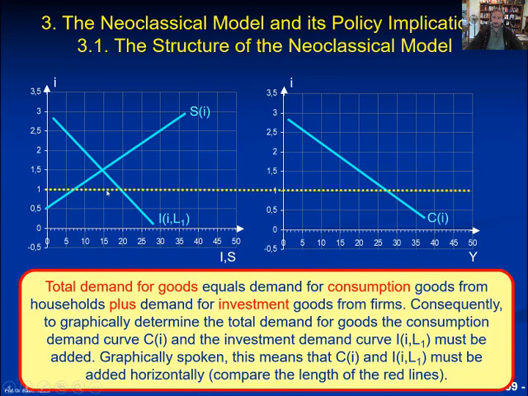So it's this line segment here. And to find the total demand at an interest rate of 1%, we simply add now this investment goods demand to the consumption goods demand at an interest rate of 1%. So we shift this line segment to this point here,